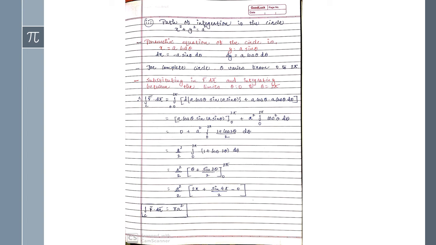So from this equation you can find dx and dy, right? So dx equals minus a sin theta d theta, and dy equals a cos theta d theta, right? So it will work the same like t. Okay, so we will convert this whole f dot dr, all these functions, into the theta form. So f dot dr equals, I'm just putting all the values over here and giving the simplification.